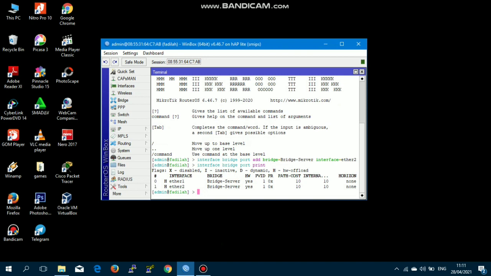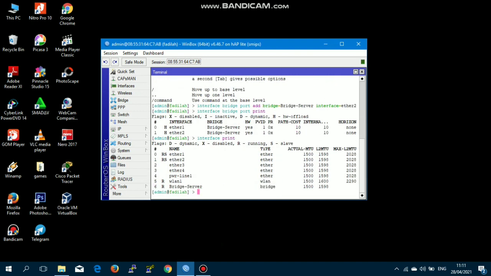We can see here that Ether1 and Ether2 have successfully entered the bridge interface that we created earlier. Check the interface again with the interface print command. If we see here that there is an S sign, which means that the port has been connected to the bridge server and running, means that it's currently connected to the router port.